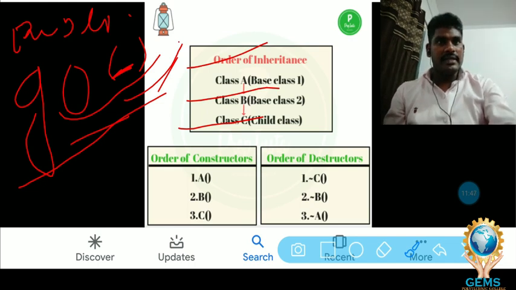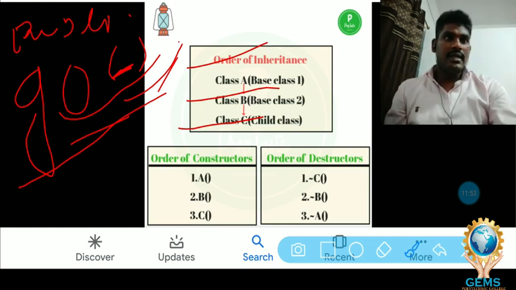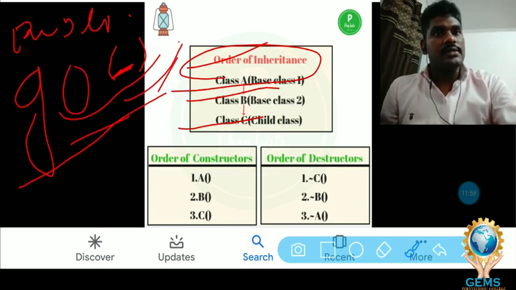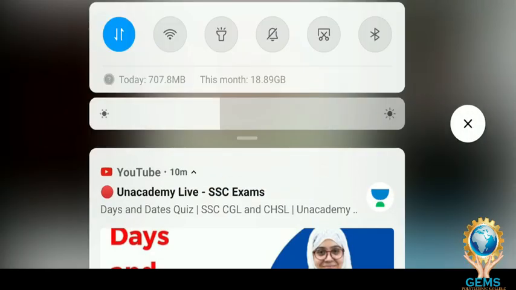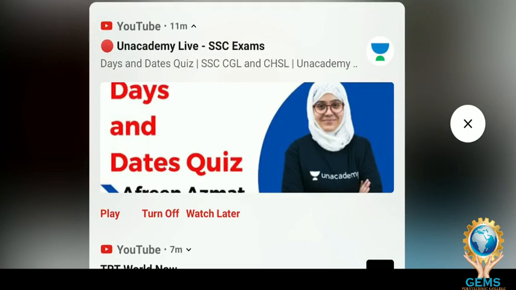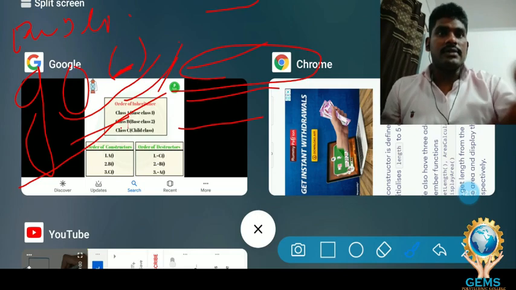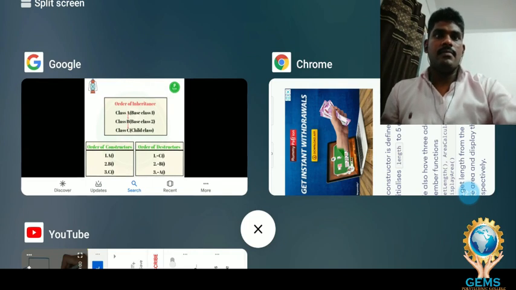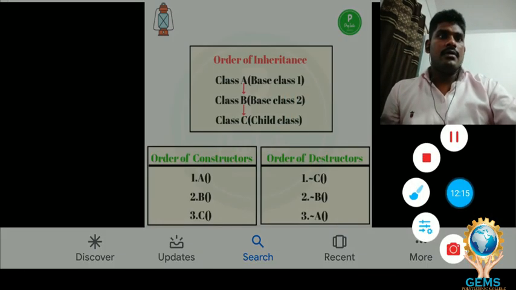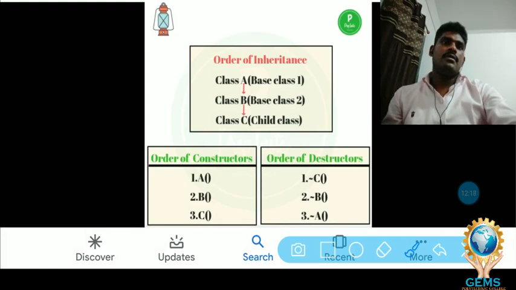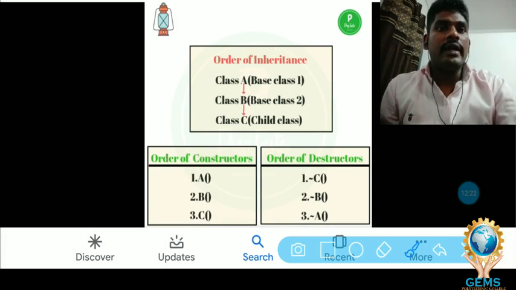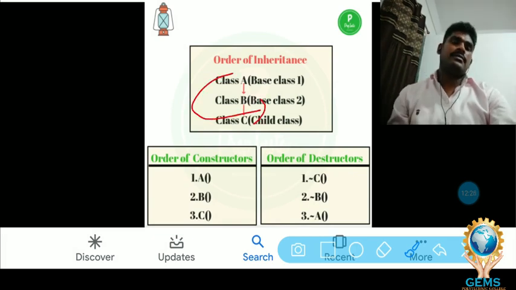For example, here three classes are given: A, B, C. Class A is the base class, and in this base class some constructors are there, and all these constructors will enter the derived class.